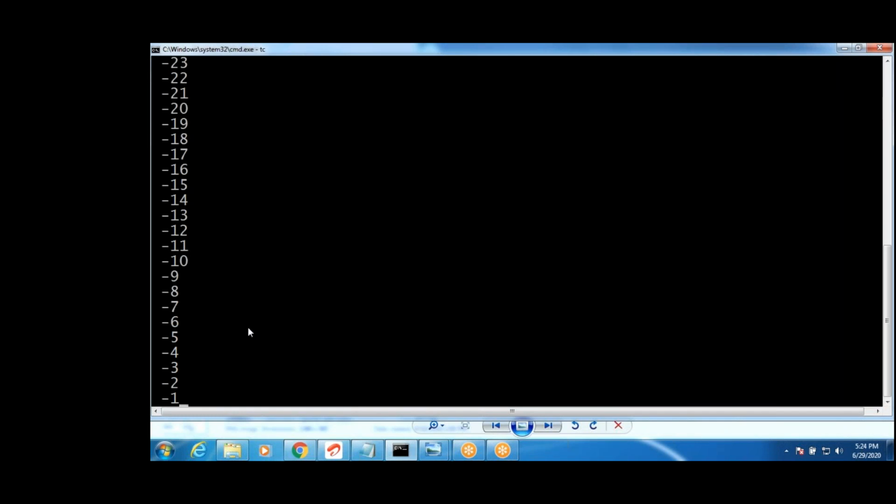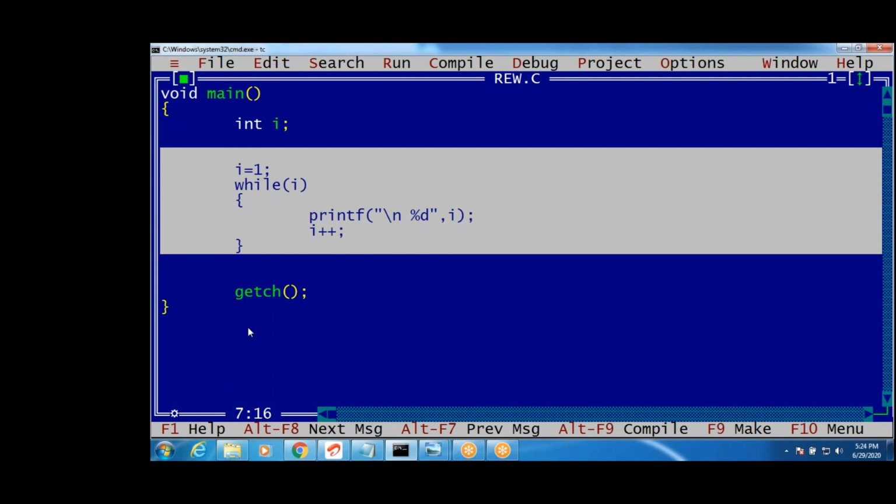Next one, guys. Can I write plus plus I and semicolon inside? Now I am writing plus plus I and semicolon. See this. Now what does it print? Okay, first we write this. Tell me the answer. What is the answer, guys? Which numbers does it print, even numbers or odd numbers? Yes, the above code generates only even numbers.